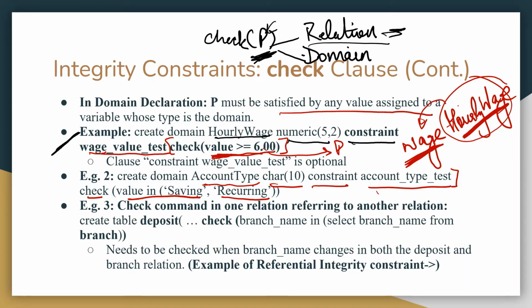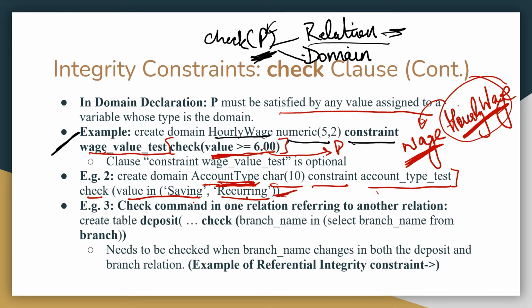It means that the account type can only have the value saving or recurring. So no other value is allowed. Basically, the account types can only be saving or recurring, but nothing else than that. Okay. So again, whichever variable I assign the type as account type, all the values in that variable should satisfy